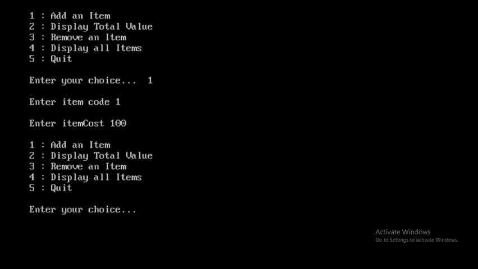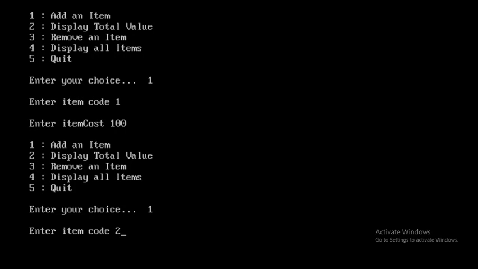First I want to insert one item, so my choice will be 1. I am adding one item. Let us consider my item code is also 1. For simplicity I am giving the cost as 100. Okay, one item has been added. I want to add one more item, so my choice is again 1.